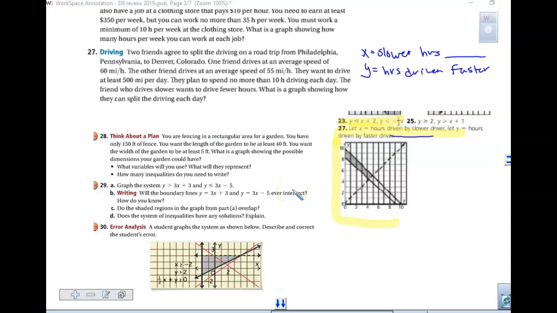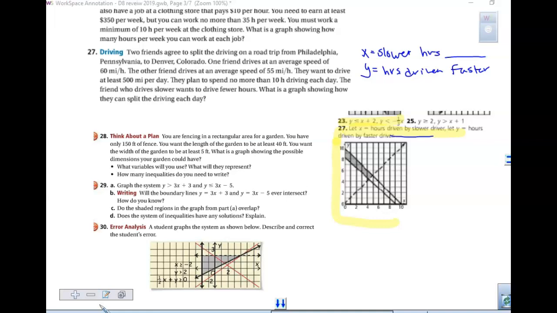to identify the variables, to tell me one is going slower and one is going faster. Now they already told you the speeds. They say one friend is driving at 60 when you take a look at the problem, and the other driver is going at 55 miles an hour. So we already know those two speeds, when X is equal to the person going 55. You could tell me X is going 55, but you really are using the 55 and the 60 when you